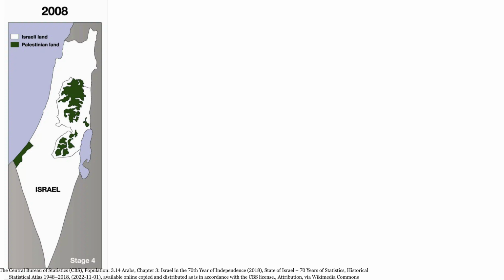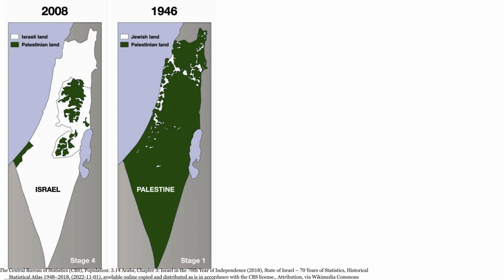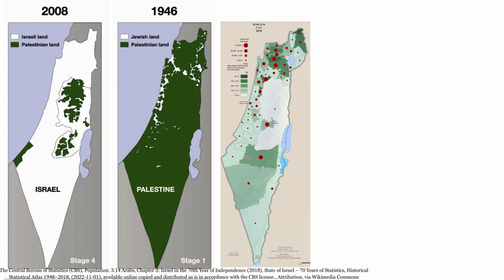The final map, showing the current situation, displays scattered green fragments indicating Palestinian presence. But here, the method changes. While the first map was based on population or land ownership, this one shows political control. If the same method were used as in Map 1, it would also need to show Israel's Arab citizens, over 2 million people. In addition, the maps ignore that Gaza and the West Bank came under Israeli control as a